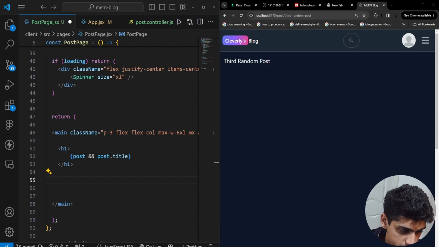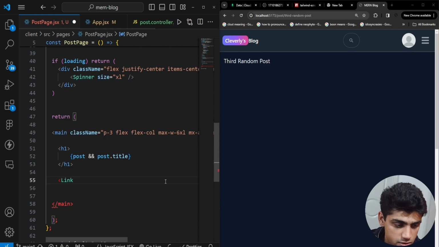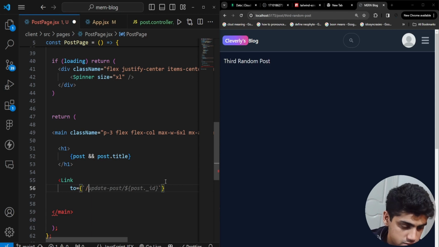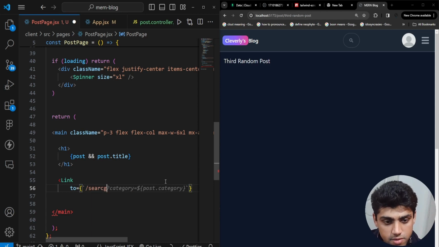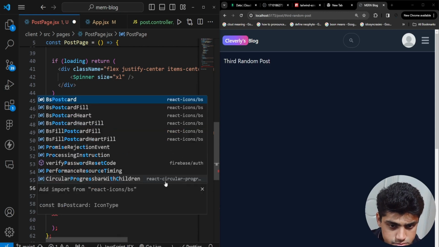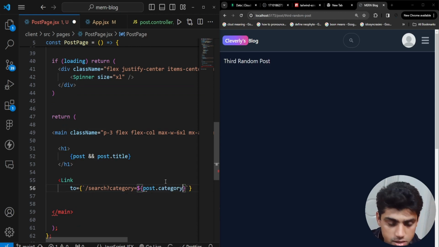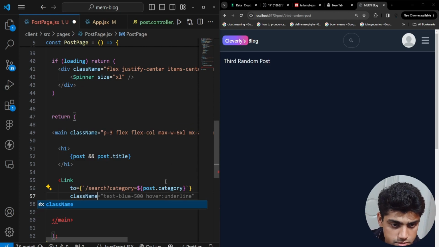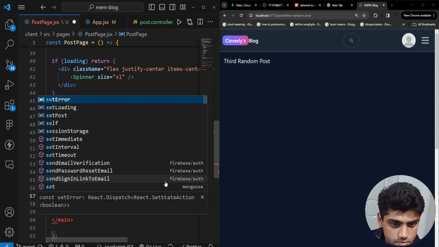After the heading, we have the link. And over here we have to, and here we'll have backticks slash update. So we have search. This is where we're going to have our category. And then we have equal to, then we have post dot category. Now the thing is, this is going to be the categories, remember? And in here we have class name set to self-center,